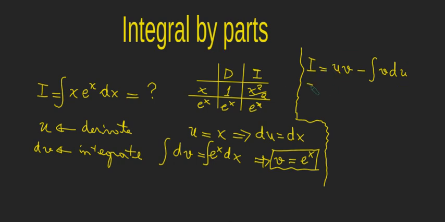So I is equal to u, which is x, times v, which is e^x, minus the integral of v, which is e^x, du, which is dx. See, the integral got simpler